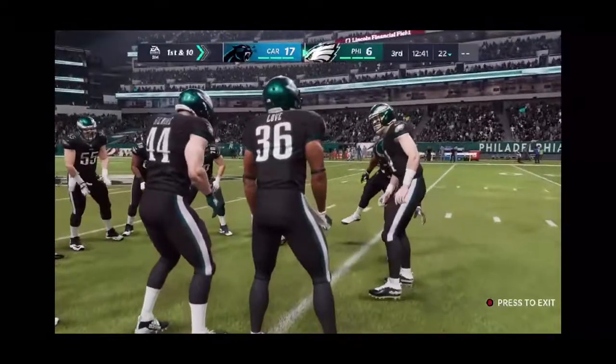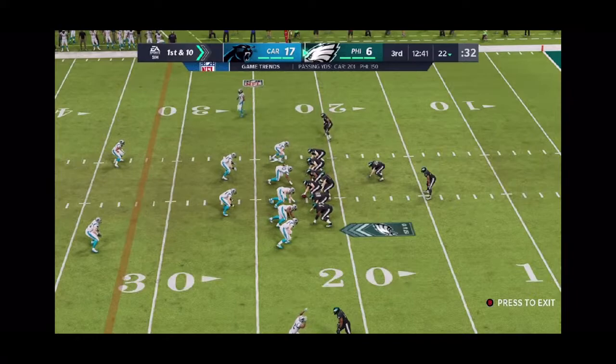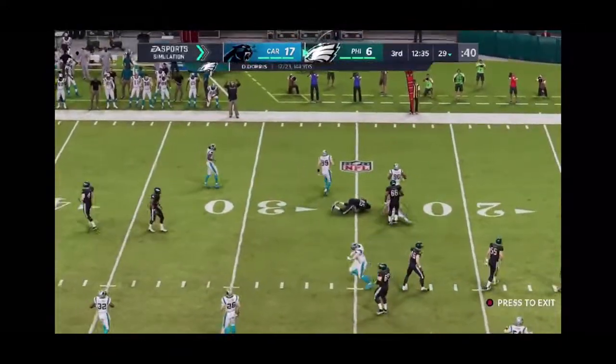They had a great drive going last time. They were moving the ball, and then all of a sudden it just stalled out. So we'll see what they can do here, Charles. And it's always easy to second guess when you don't get it on a 4th down try. But they had to like the feeling that they had going on offense. They want to continue to see if they can capture that again on this drive and maybe get in the